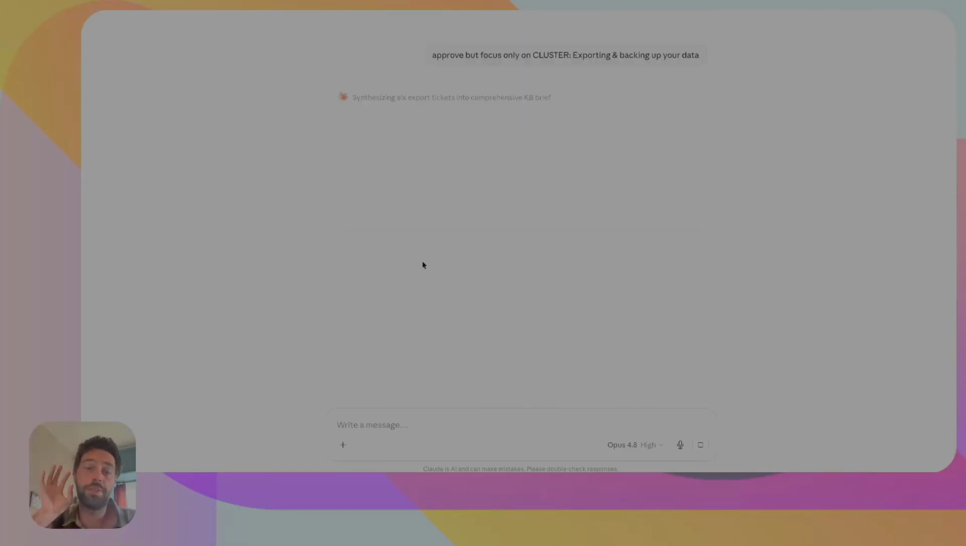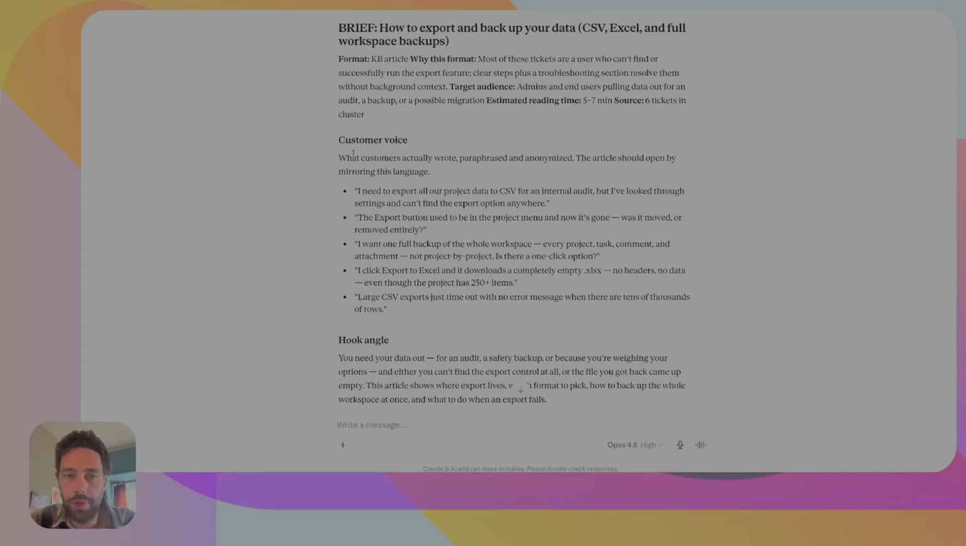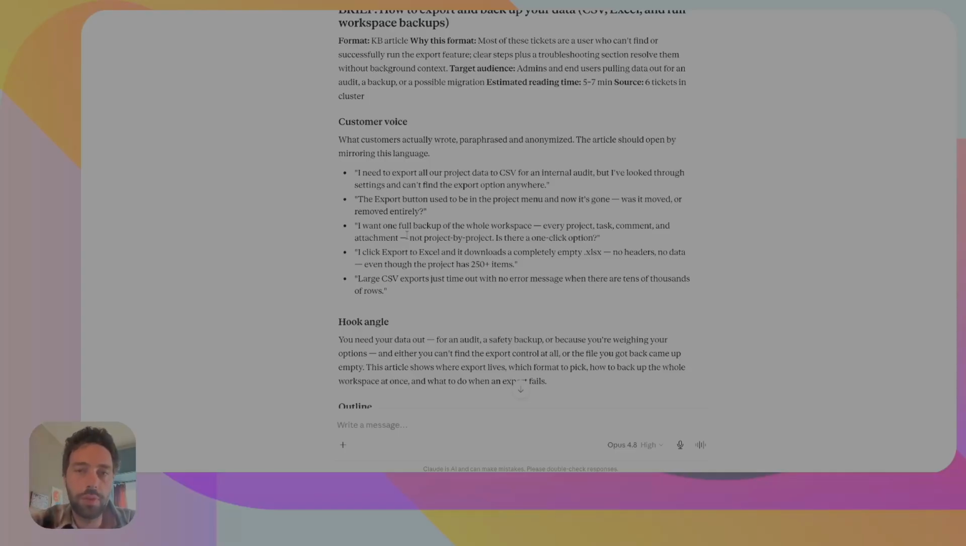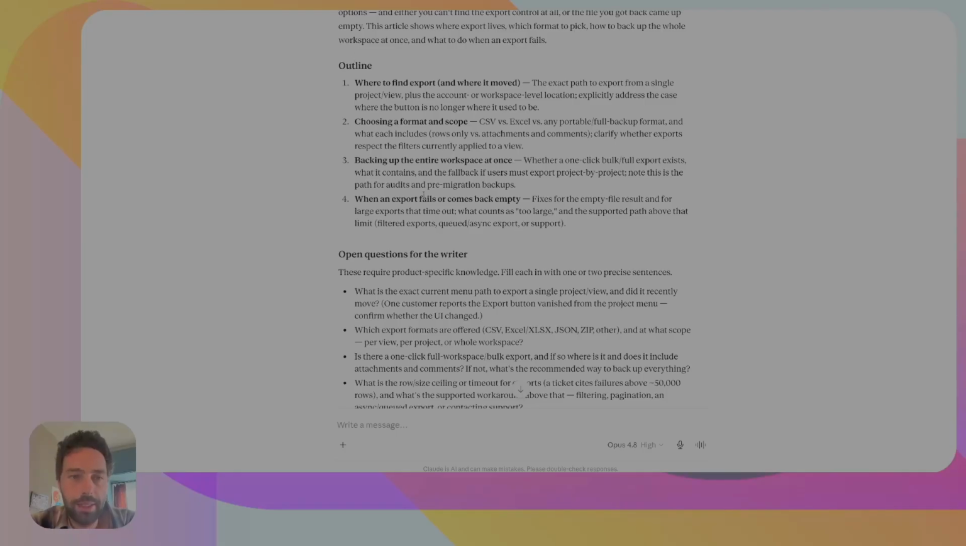The goal of this phase 3, the writing phase, is to create the full writing brief for this knowledge-base article that you can hand to your writer to make them write something relevant for your users or clients. And that's it. He gives you the full brief with the title, the format, the customer voice, so the verbatims he identified through the tickets to give you the tone you need to write your knowledge-base article, the hook angle, the outline, and he will